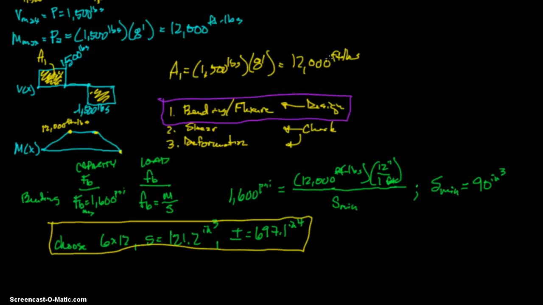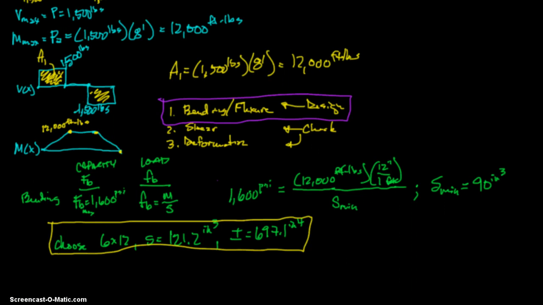Welcome back to Lesson 3, Example number 5, Part 2. When we left off, we had designed for bending, for flexure, and we got, okay, we're going to use a 6 by 12 because the section modulus is big enough to get our stress under the allowable stress. I hope you followed that. That was not the most eloquent in the world, but to get our stress to be under the allowable, which is,